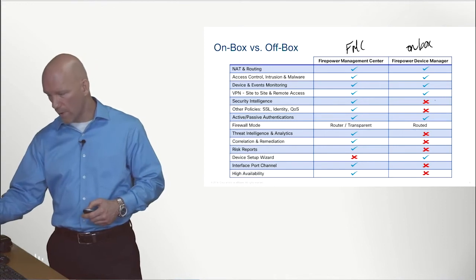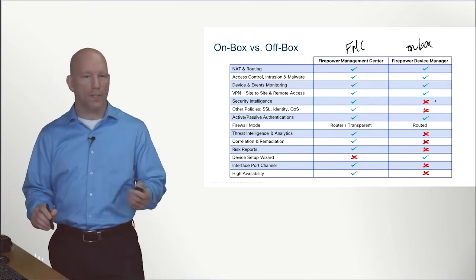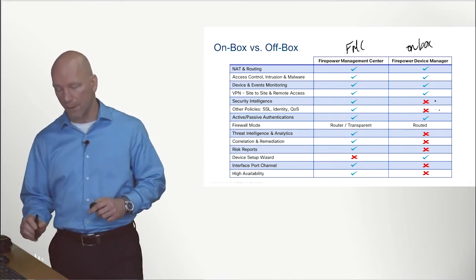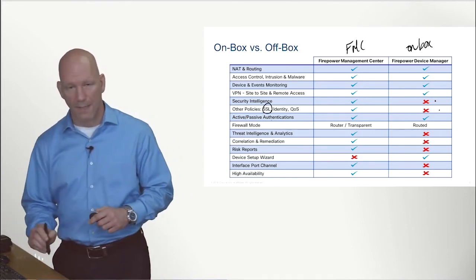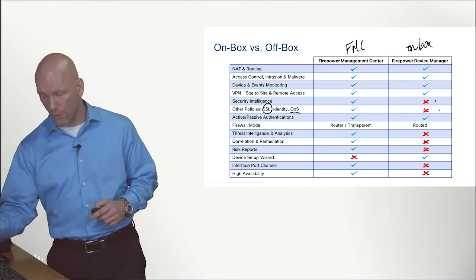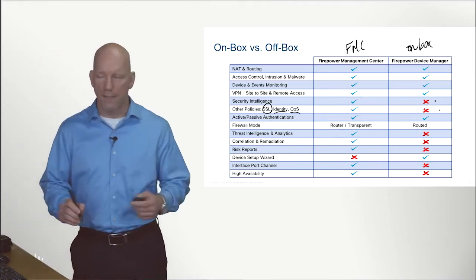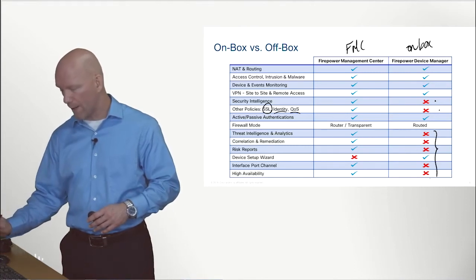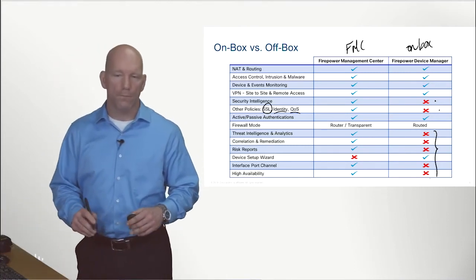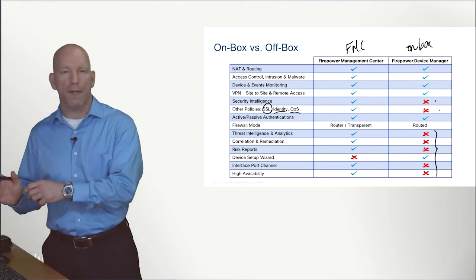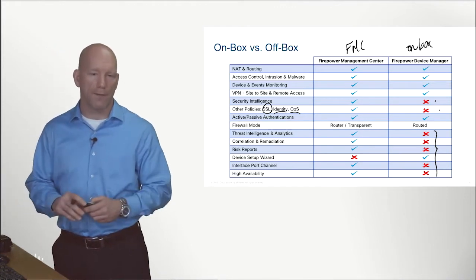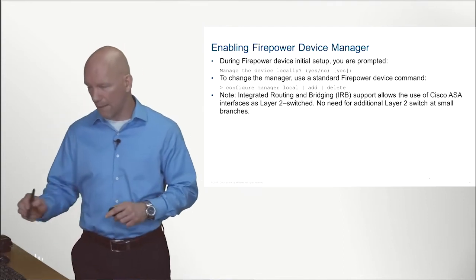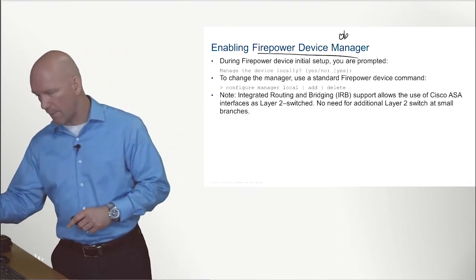Again, no, we don't have the ability for a security intelligence feature that we're going to talk about a little bit later. No, we do not have the ability for decrypting of SSL, for offering quality of service, or doing identity-based network services. And folks, I'm going to go ahead and stop there, but please note again quite a bit of red X's that are not available in on-box management, but that is available in, again, the Firepower Management Center. Last but not least, enabling the local on-box management,